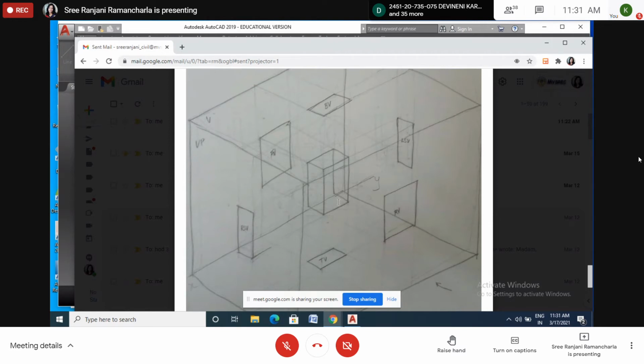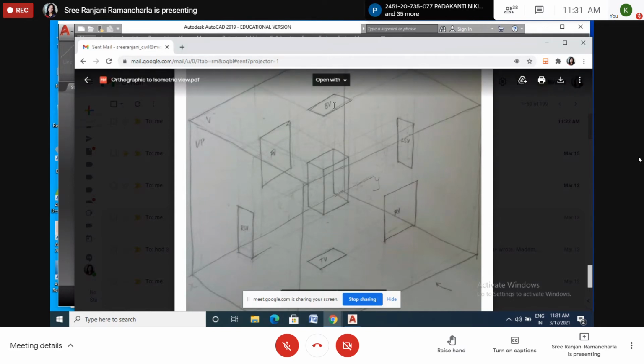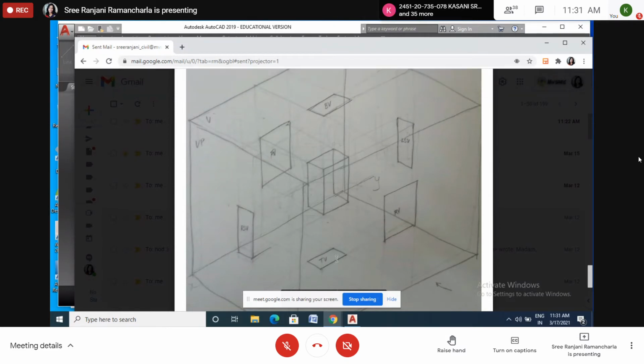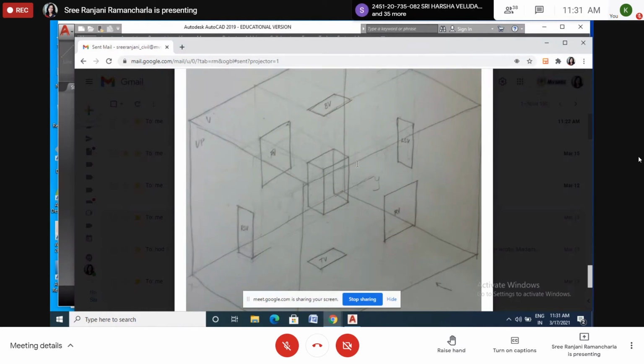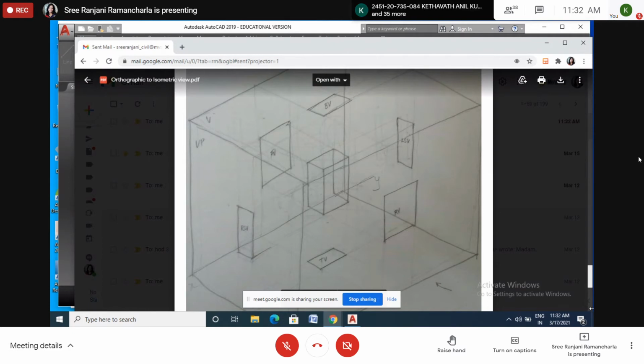Okay. Now here, when you see from the top view, the top view will be drawn here as we draw in the projections. So this is the top view. Okay. And the back view. So back view means this one. We have to draw it in this way here. So for all six sides, it's a reverse. Reverse means you have to think where the observer is, and from what position he is seeing, that one you have to draw. Okay, now it's clear. It's clear now? Say yes or no.